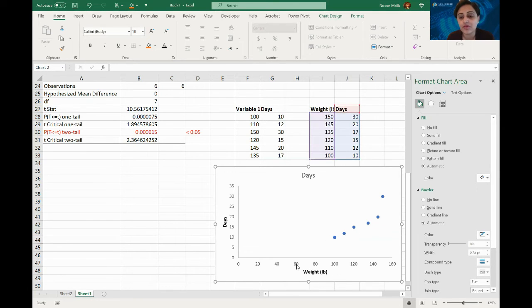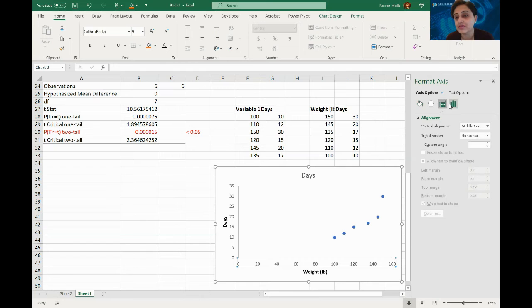And I can now modify my axis, because you see in x-axis there is no data here. So it is not required to show this blank area on your chart. So I will delete this blank area so that I can see clearly where my data stands. So I will go to the x-axis here. I click here,